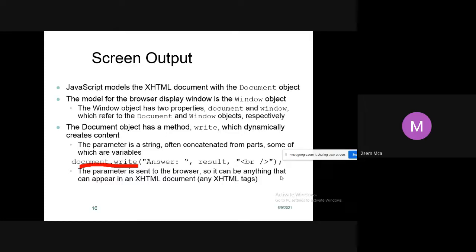And the document object has a method, that is write. So the write method it has. Why are we using this write method? To display content, to create content on the web page. So here I have written code which dynamically creates content.